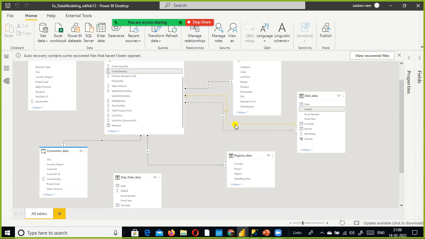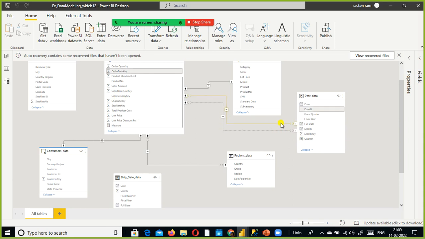You can create active relationship between tables. You can create only one active relationship between tables at a time. So in my requirement, I need to create multiple relationships between these two tables. But Power BI supports, as of now, only one active relationship between the tables at a time.